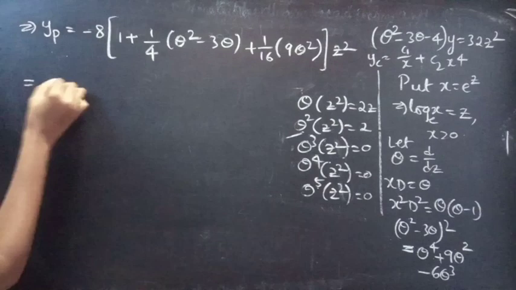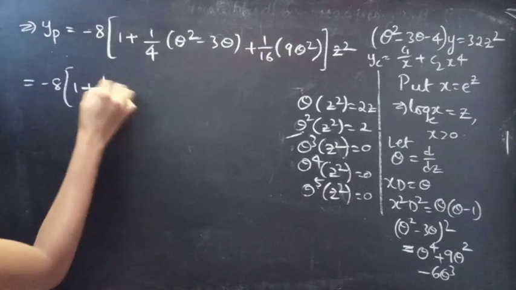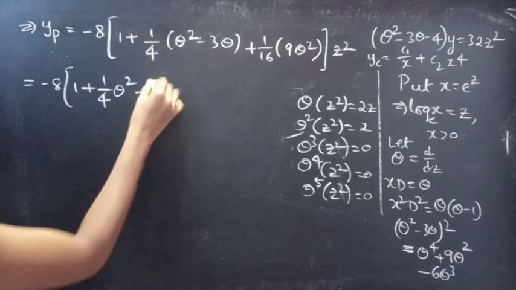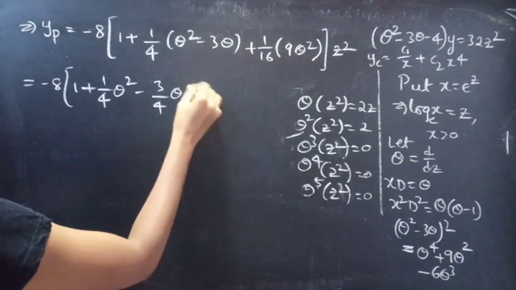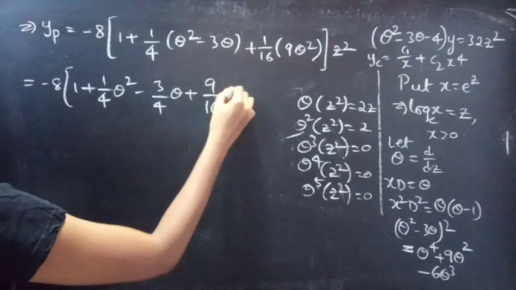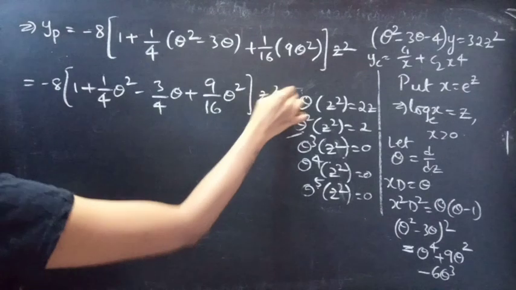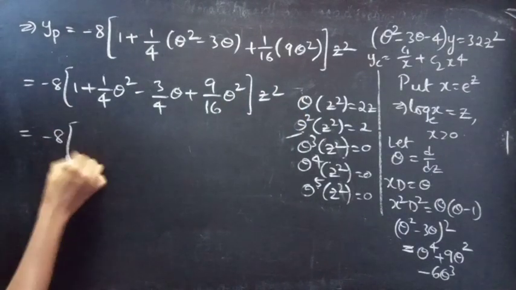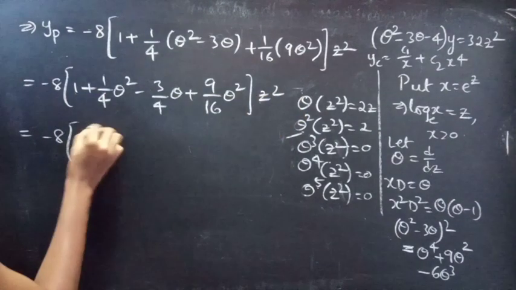Then yp becomes minus 8 into 1 plus 1 by 4 theta square minus 3 by 4 theta plus 9 by 16 theta square, into z square,